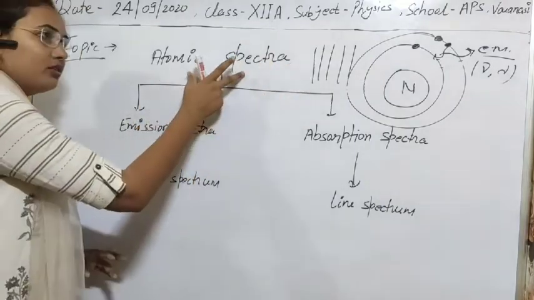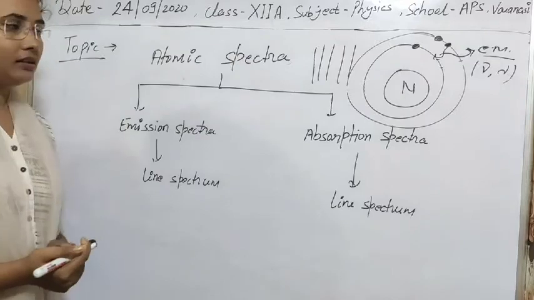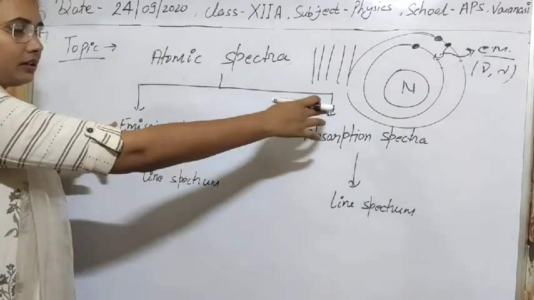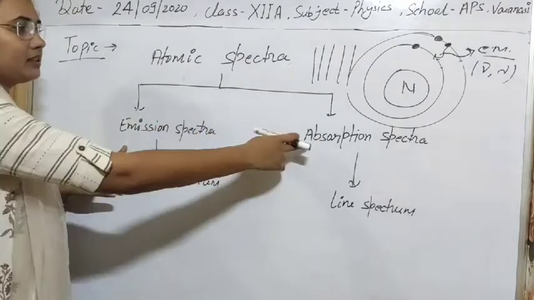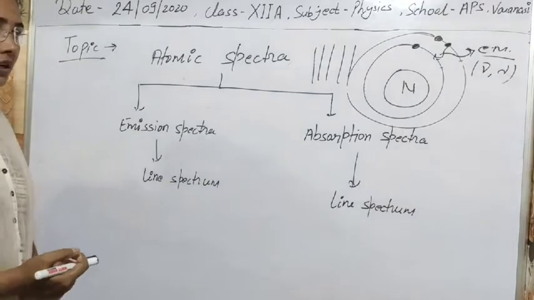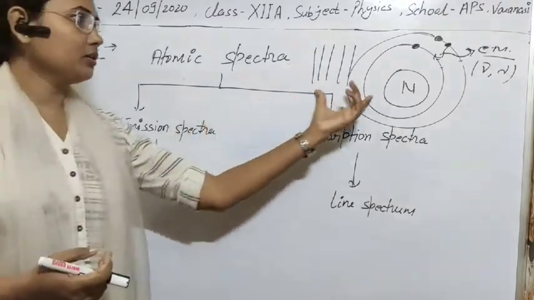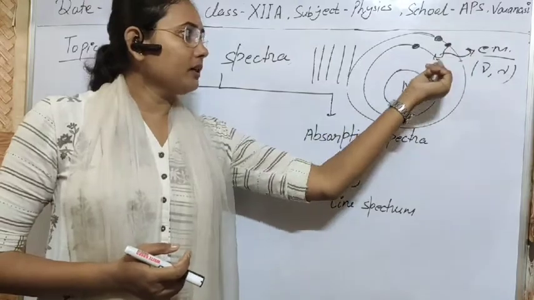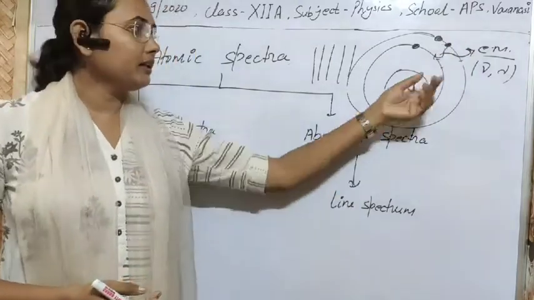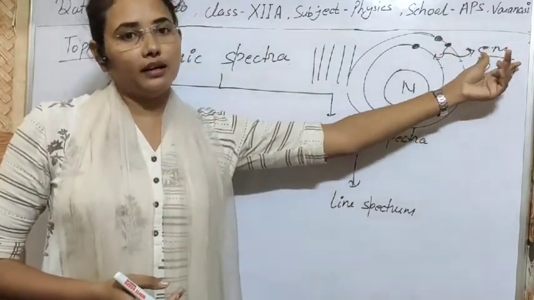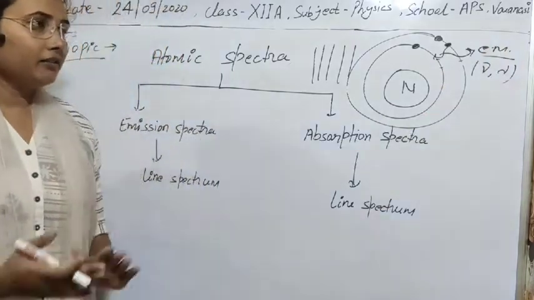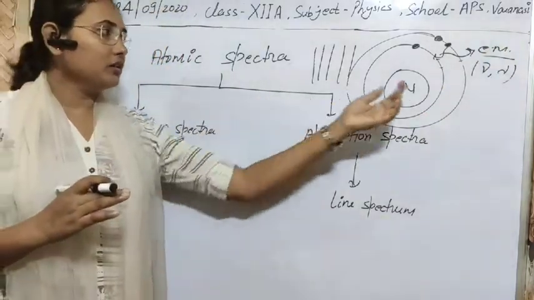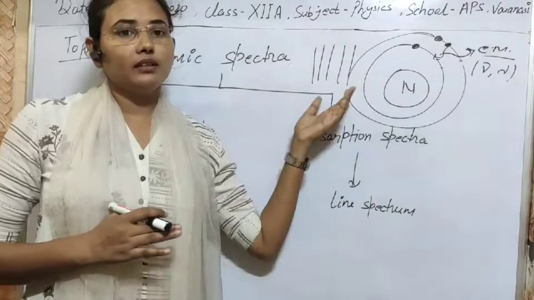Here we have to study only atomic spectra. So atomic spectra can be of two types, emission spectra and absorption spectra. Emission spectra, I have already told you: if an electron makes a transition from higher to lower, there will be emission of electromagnetic radiation, and if we arrange them according to their frequency or wavelength,